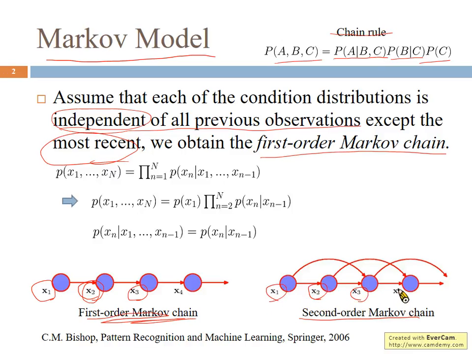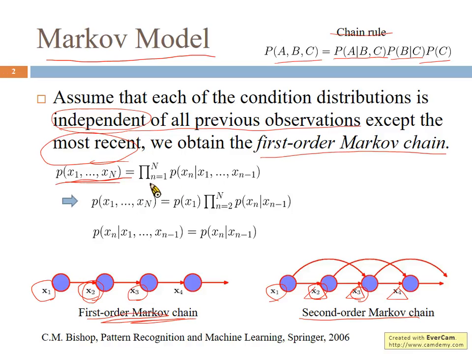The probability of x4 may only depend on x3 and x2, and so on. By this assumption, we can largely eliminate the relationship between different variables, so as to calculate the joint probability of x1 to xn,